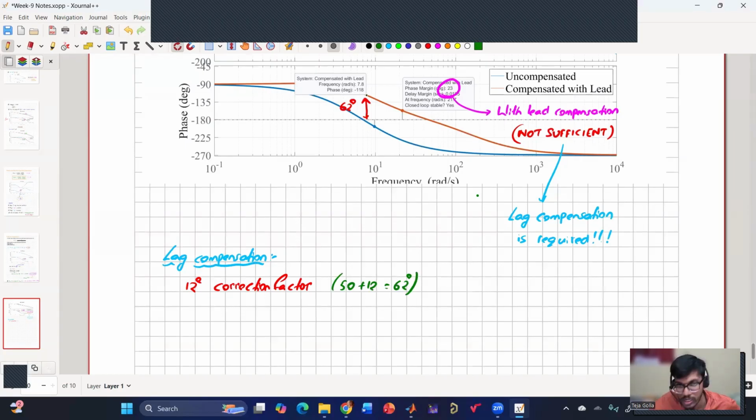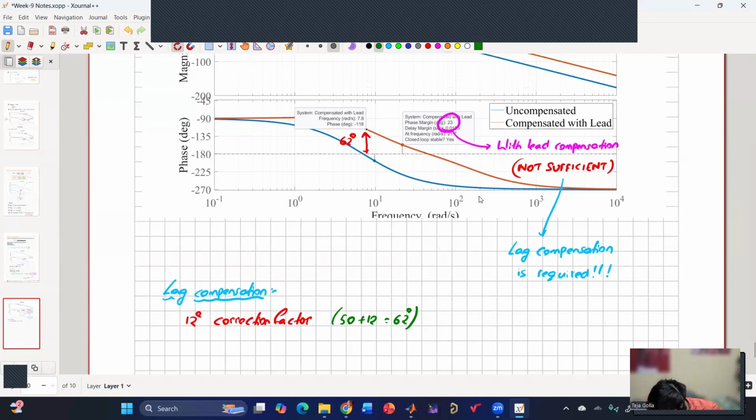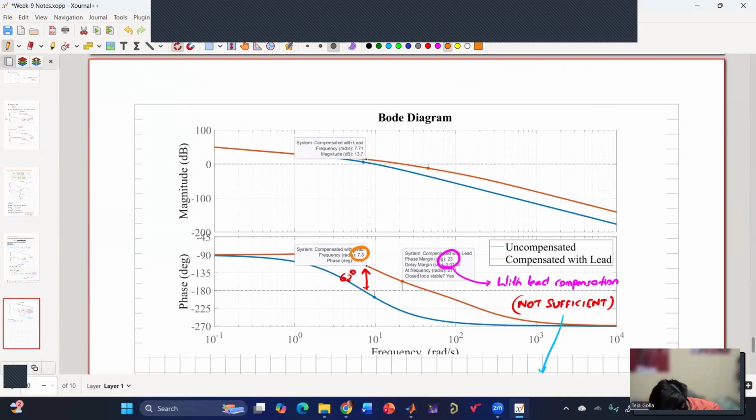And corresponding to that 62 degrees is this frequency 7.8. And at that 7.8, I have seen that this is my magnitude. So this much decrement in the gain